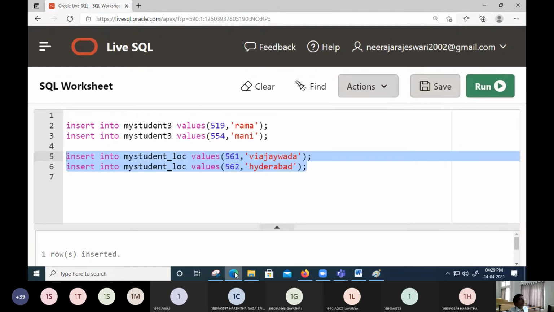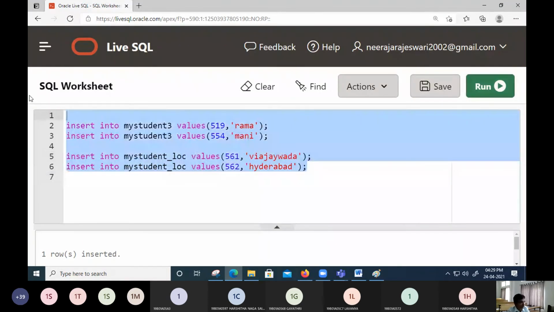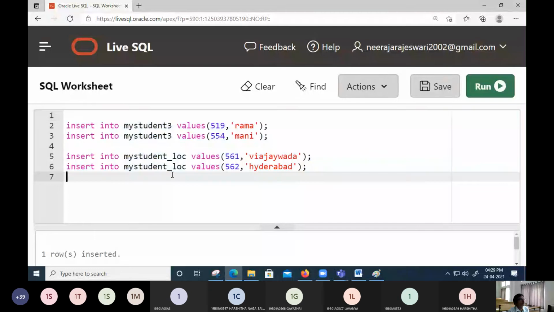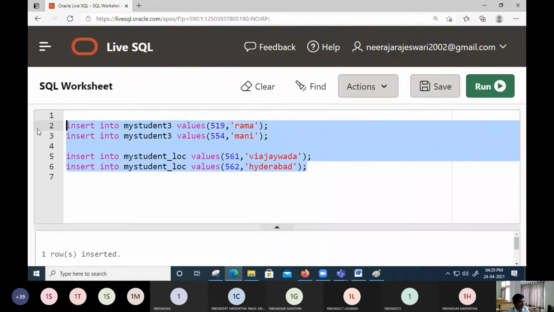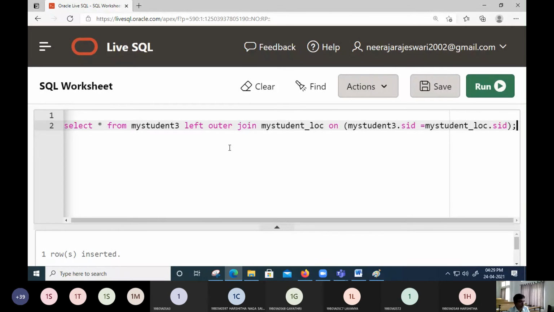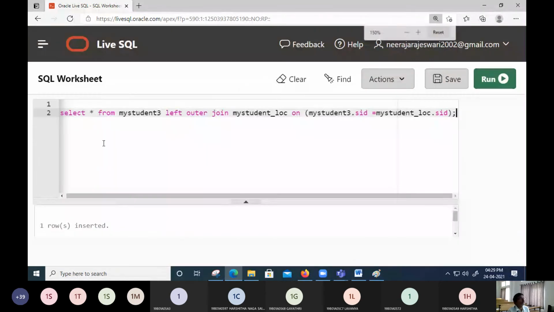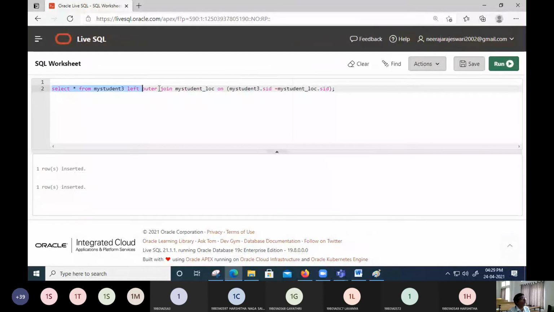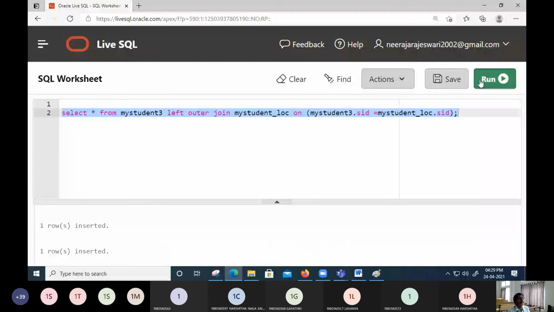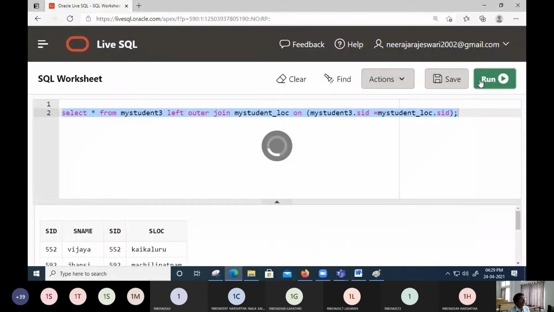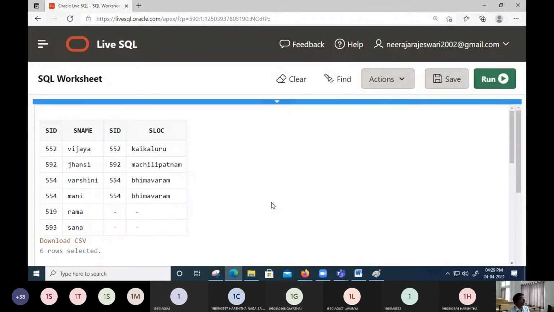Okay, that is the expectation we are going to put. So now we are selecting the query here, and we start executing the query.